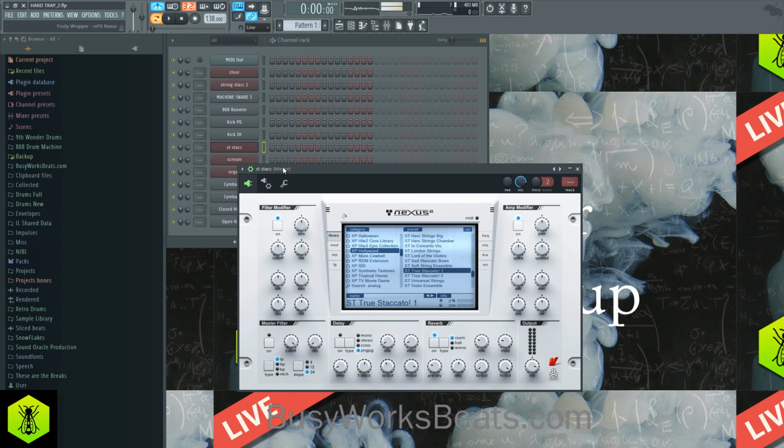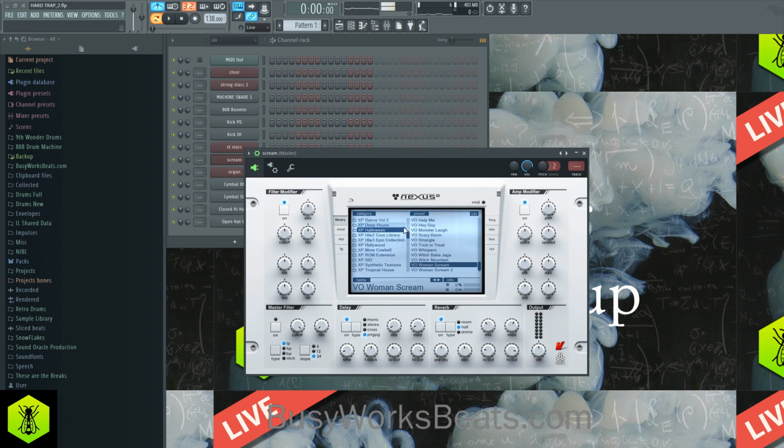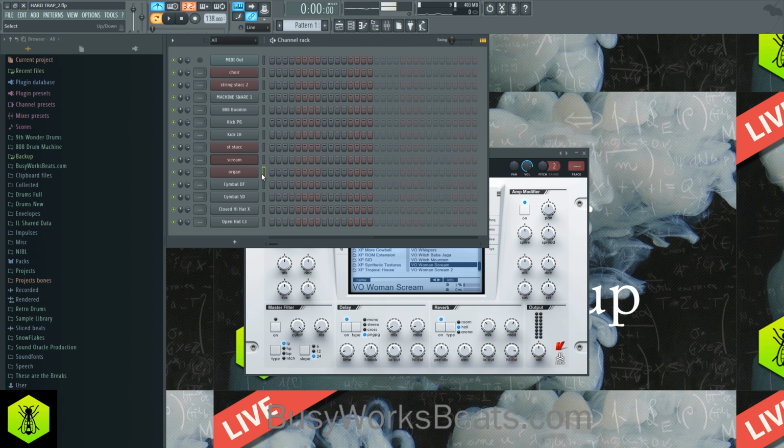We're going to play an octave higher. So we're going to play that for a more shrill sound. Then we have a scream from the Halloween expansion in Nexus. That's just going to add that creepy vibe.